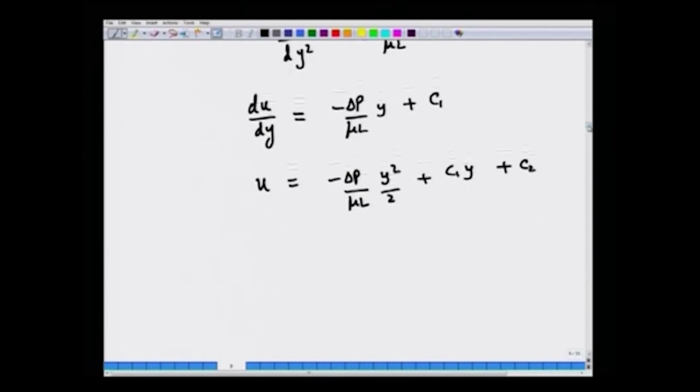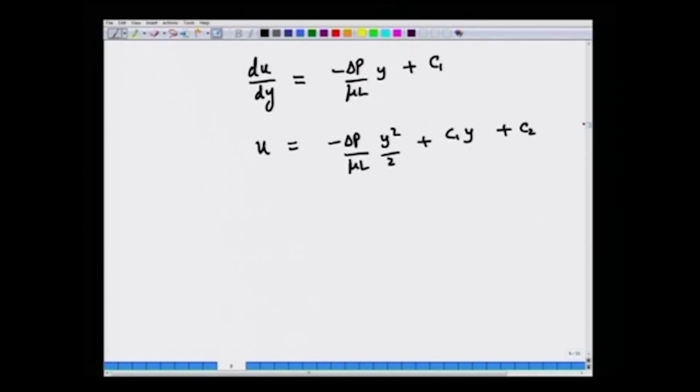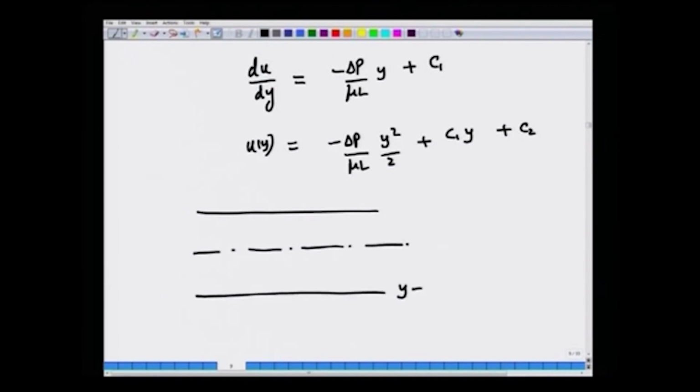Okay. Now, this is u as a function of y. How are we going to fix the two constants? The two constants can be fixed in the following way. You have a boundary at y equals minus b, you also have a boundary at y equals plus b. You can use the no slip condition that u at y equals minus b is 0 and u at y equals plus b is 0 to find the two constants, or you can also use